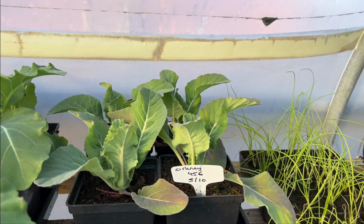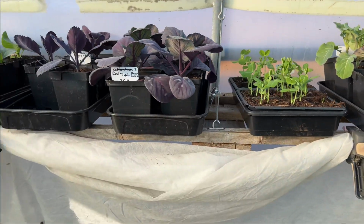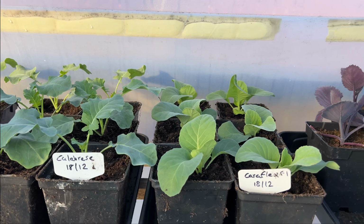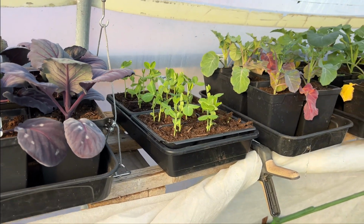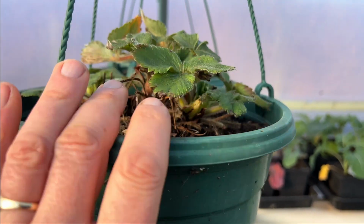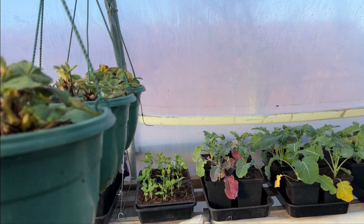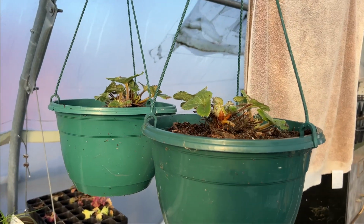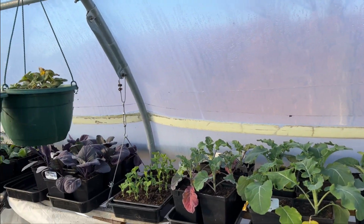And then you can see I've got some more cauliflowers here, and some more Calabrese and cauliflower, spring cabbages and things here, some red cabbages here, some peas, so lots to go in. And then got the strawberries here. Strawberries back at home are just in flower now, so should have those ready in April. Then these come ready in May, then the ones that I just showed you outside come ready in June, and then in July the ever-bearing ones that were under the wood chip are ready. So a nice sort of continuous supply